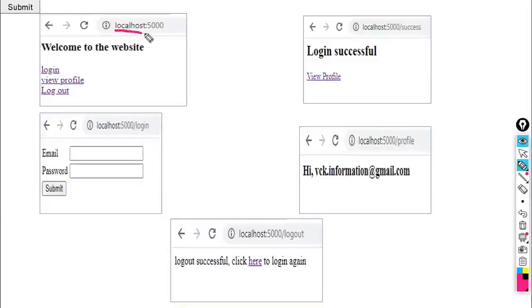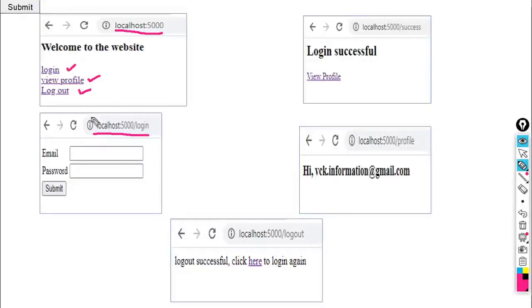Look here, this is the home URL. It shows the text "welcome to the website" and provides 3 links: login link, view profile and logout. These 3 links will be provided by the home URL. Suppose you click on login, then you will get this URL automatically.